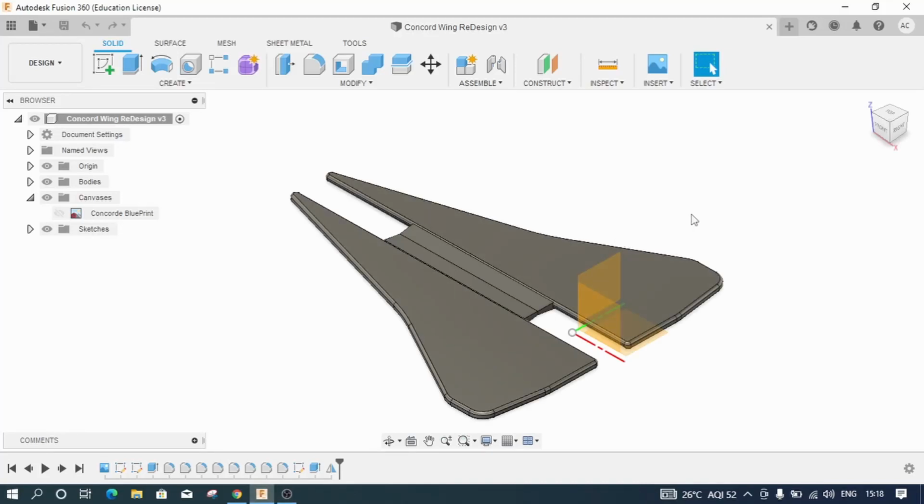So hi everyone, this is Nikhil and welcome back to the video series on how to design this particular model aeroplane, that is Concorde, and this will be part 2 of the week 2 series. So let me just begin and let me briefly tell you about the small design changes that I have made.